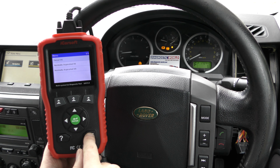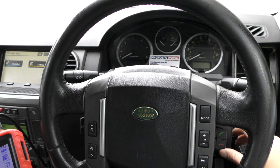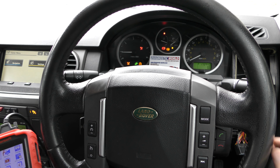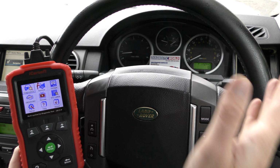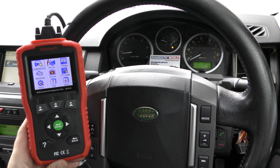Alright, so you don't necessarily have to come back out of it like I have, but what you do need to do is just simply turn the engine off or turn the ignition off, whatever stage you are at, and I'm going to restart the engine again, and we should see those warning lights completely turn off, and they have. So now we've got a fresh dashboard which no longer looks like a Christmas tree, and it's all thanks to